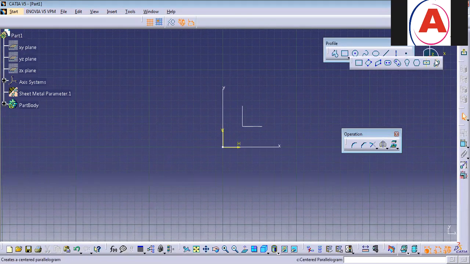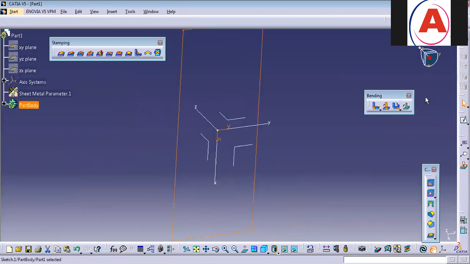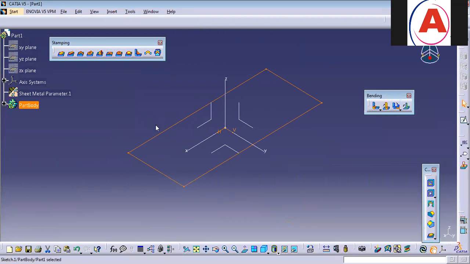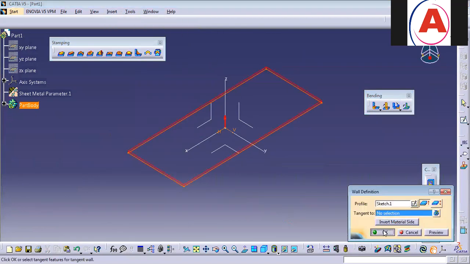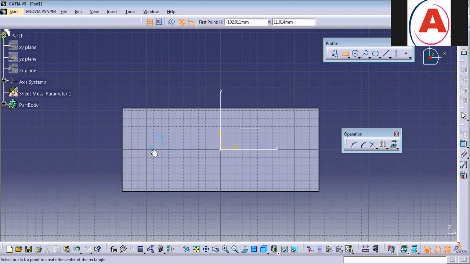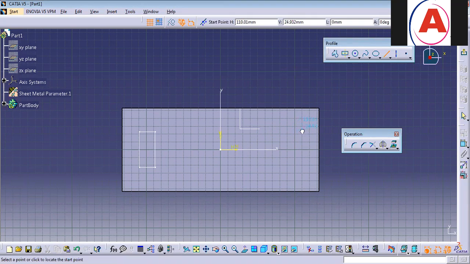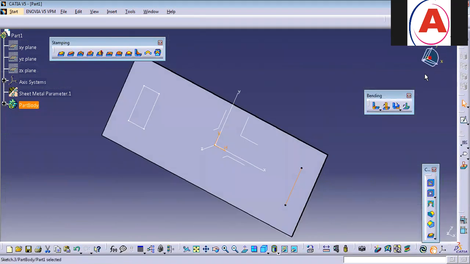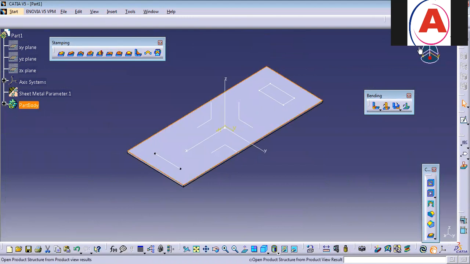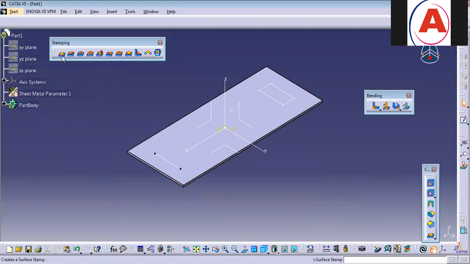For example, what is this particular profile I mean, see, I have a sheet metal like this. I'll convert it into a sheet metal by using this command called wall. So now to work on this stamp, you need to have a closed profile, and at the same time an open profile. And in some cases, it works only with points. Okay. So now we'll see how all this stamping works here.